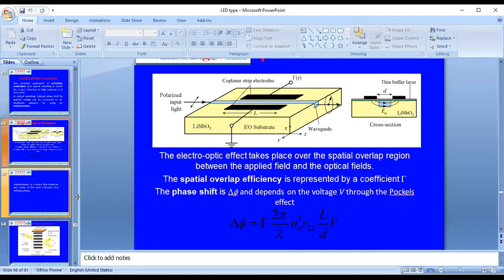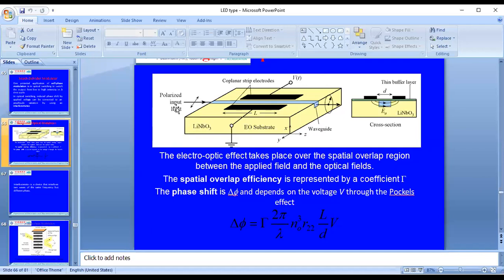Okay, here the electro-optic effect, which is to be observed by the coplanar strips, will be like this. Already we have seen when the polarized light passes through it, linear polarization or circular polarization, if you consider. That phase shift we have already seen in the previous slide, the polarization changes based on the waveguide. Here, this is a substrate. These are the two different coplanar strip electrodes, and this substrate will be LiNbO3 material.